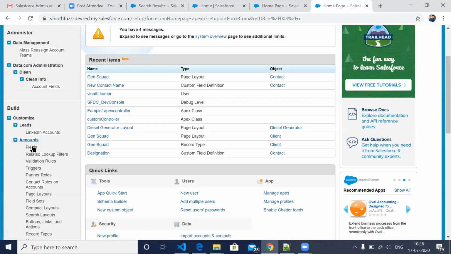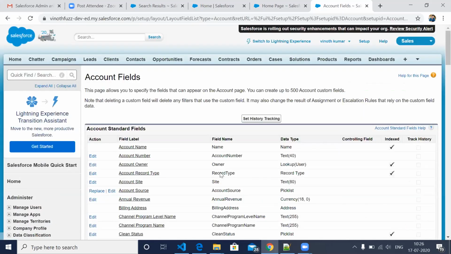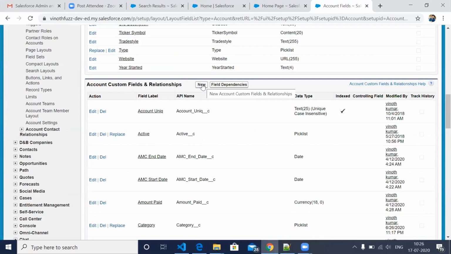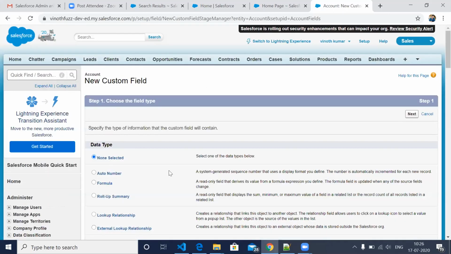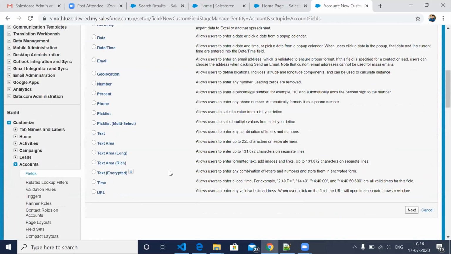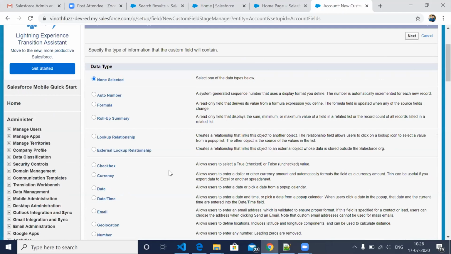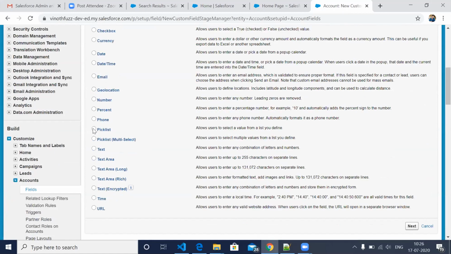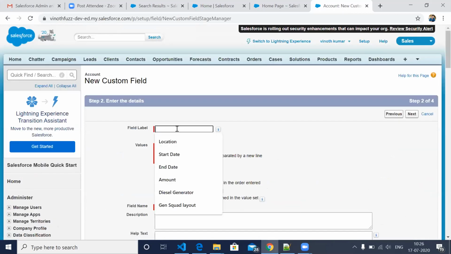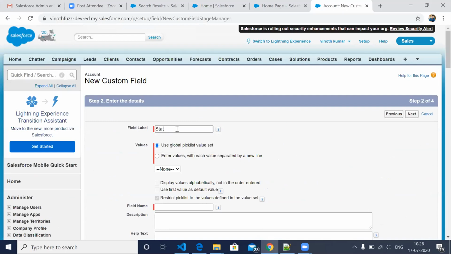I typed account and came here. So I want one new custom field. Just creating that field. I want a picklist, so just choose picklist. Just give some name. I have status, so I'm just giving status.